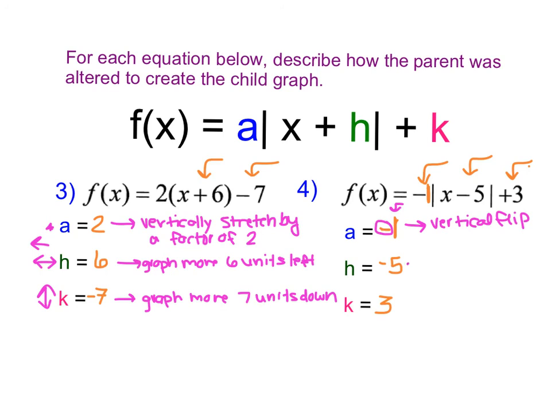Our h value here is a negative 5. Remember, h is our horizontal shifting, so it's going to move our graph left and right, and because it's negative, we're going to move to the right. Remember, h works opposite of what we expect. So this is going to move our graph 5 units right. And then k is our vertical shift, which is going to move the graph up and down, and because it's positive, it's going to move our graph 3 units